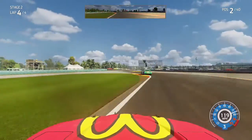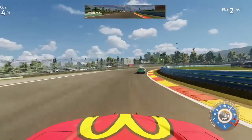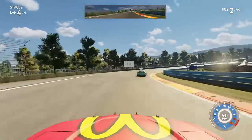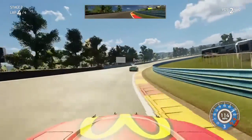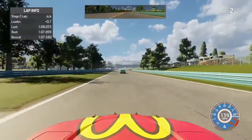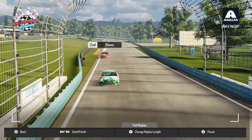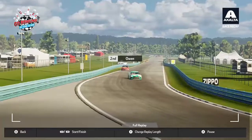out here in Watkins Glen as we get very sideways through the bus stop going through the grass, but fortunately we hang on to the car now as we come through the carousel for the final time in this second stage, closing in on the back of the 18 of Kyle Busch within this last sector, but obviously not enough time to run him down. But it certainly was a confidence booster knowing that maybe we have found something and